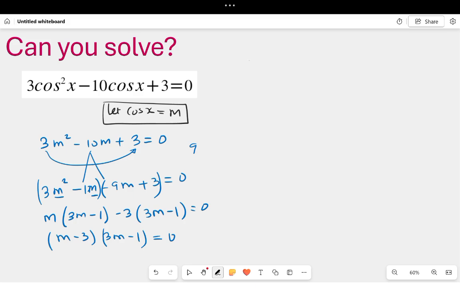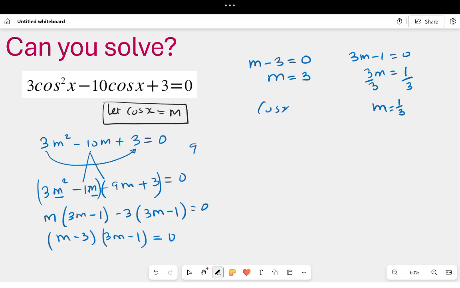Now working out the answers for m. So we have m minus 3 equal to 0, and therefore m will be equal to 3. Then in the other case, we have 3m minus 1 is equal to 0. So then 3m will be equal to positive 1. You divide by 3 on both sides. So m will be equal to a third. Good. Now, remember our substitution. We said cosine x was equated to m. Therefore, we are going to say